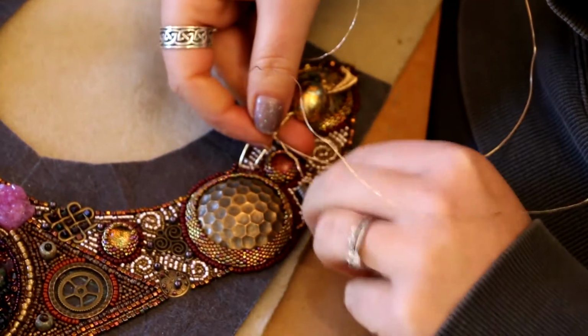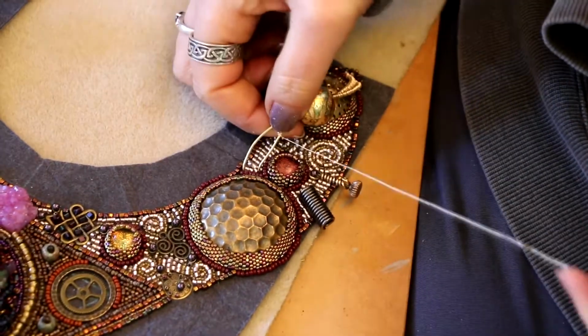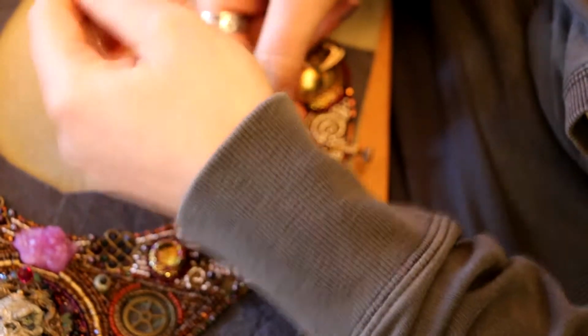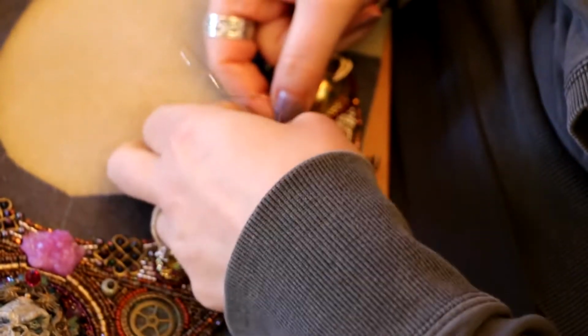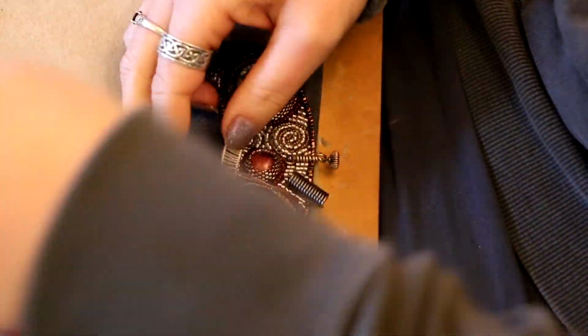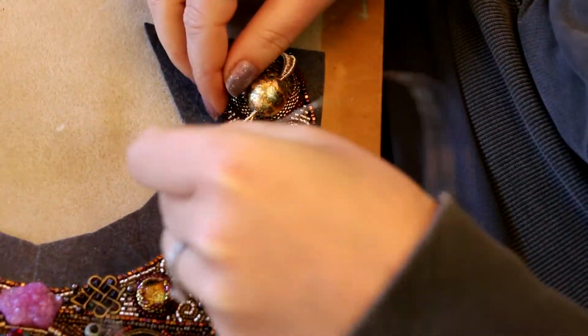So each time I do a wrap, I make sure to pull it really nice and taut, because you can't really go back and tighten things up, it's very difficult. Usually if you really come into some trouble, you're best off just cutting off the excess wire and threading in a new piece of wire